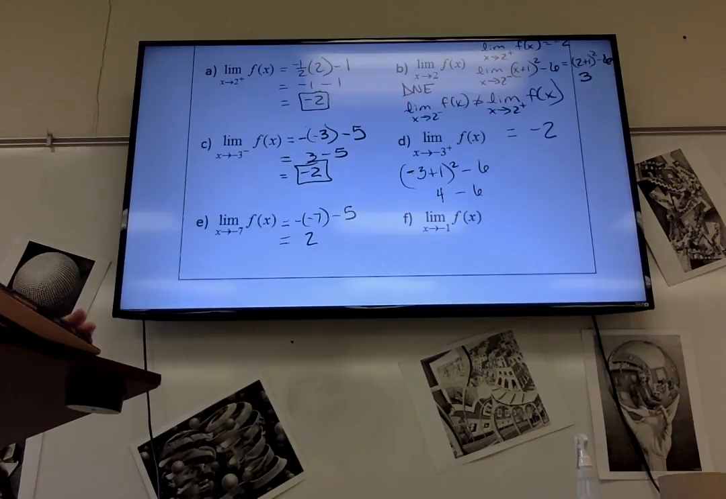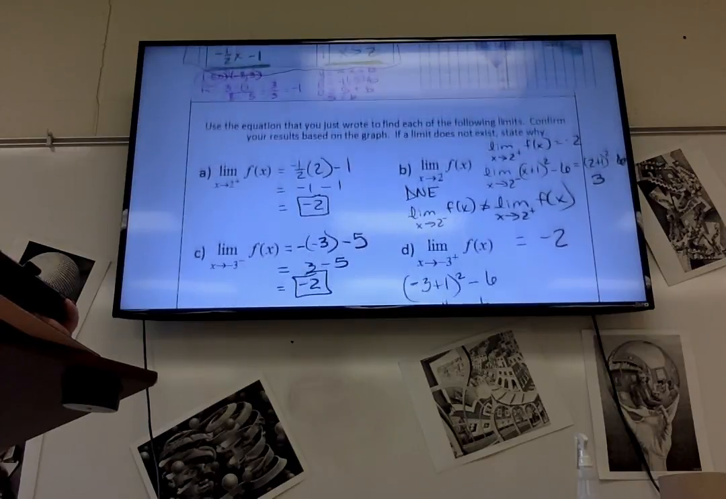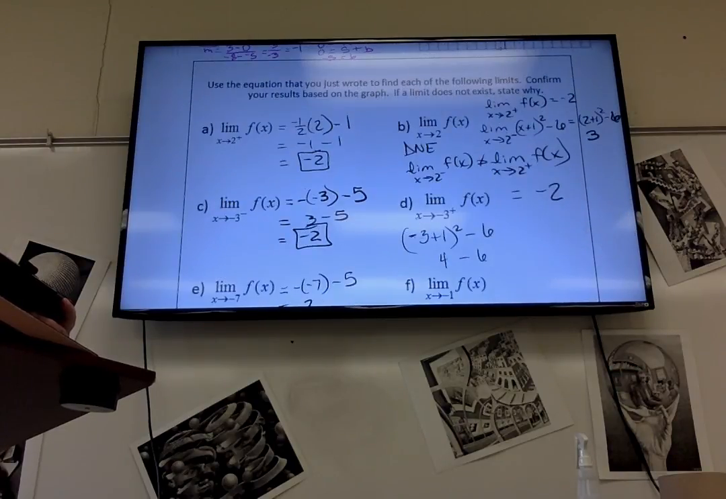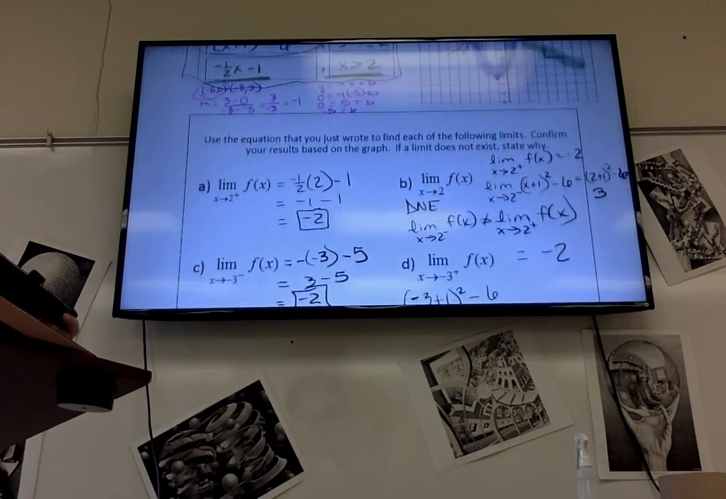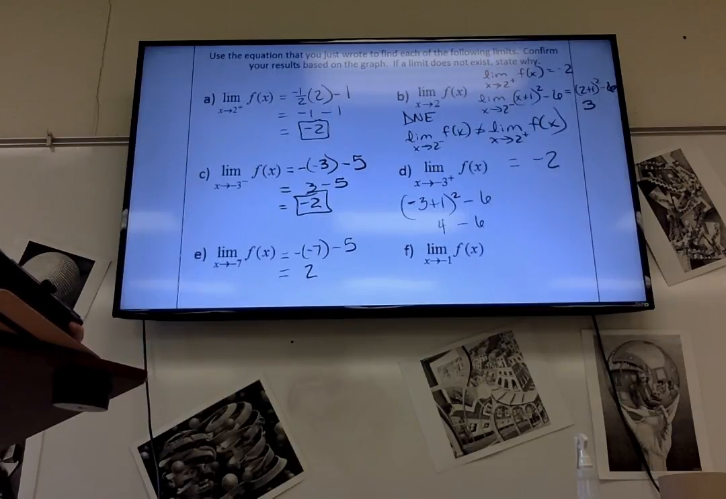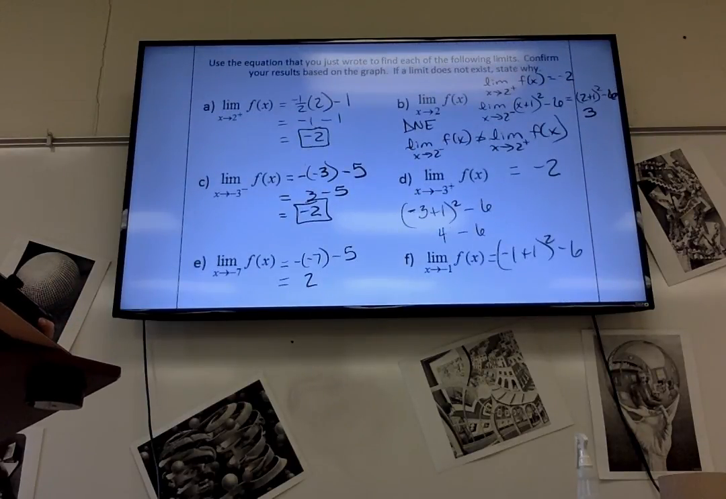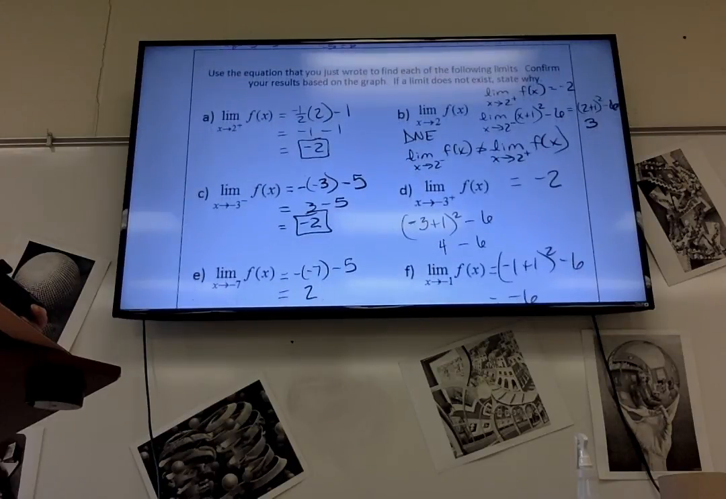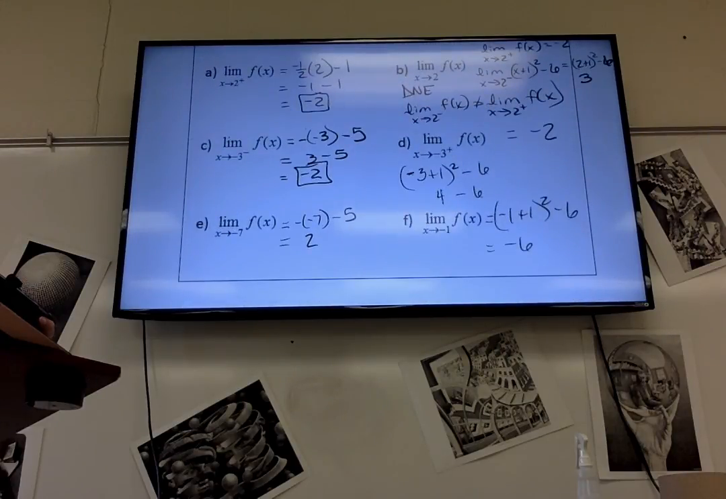And then limit as x approaches negative 1 of f of x. Which one? The second one. Negative 1 is in between negative 3 and 2, so it's got to be the second one. X plus 1 squared. So it's negative 1 plus 1 squared. Minus 6, thank you. So it's negative 6. So as x approaches negative 1, yeah, that's that negative 6 right there. Okay,